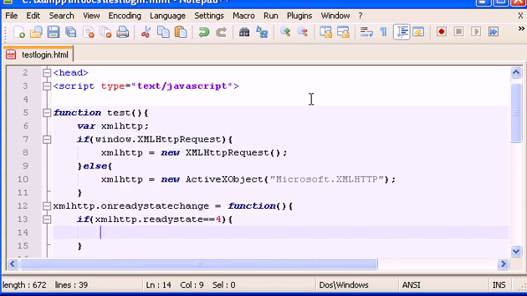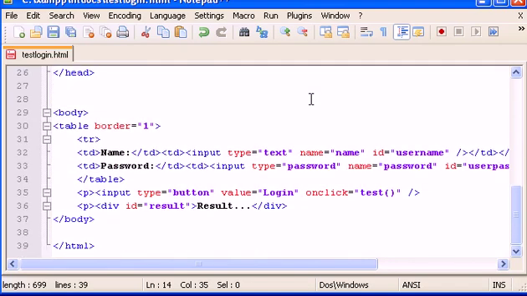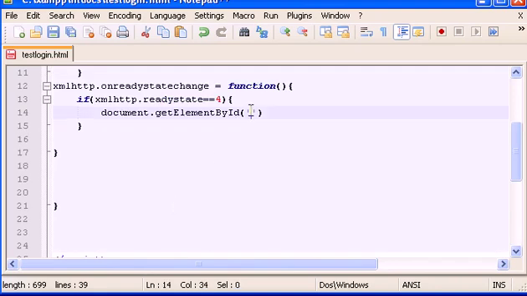So if xmlhttp.readyState is equal to 4, do document.getElementById, and let's grab the div where we will output the result, which is ID result, dot innerHTML is equal to xmlhttp.responseText. Okay,